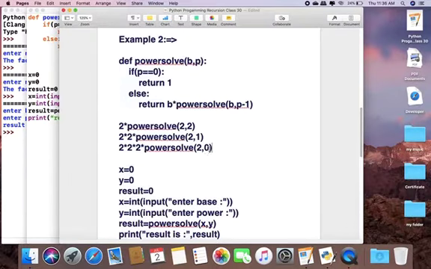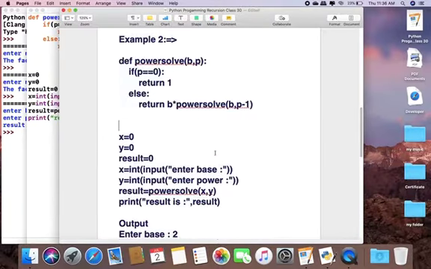Now p equal to 0, so it will return 1, and there is no function calling here, so the recursive function stops. Our output will be 2 into 2 into 2, which is 8. So we can solve this power solve function recursively.